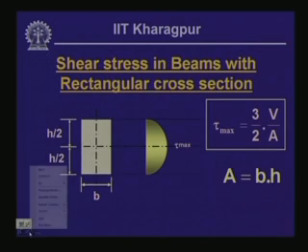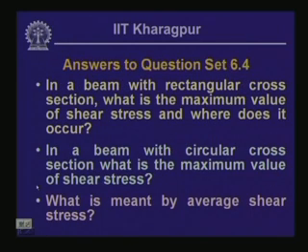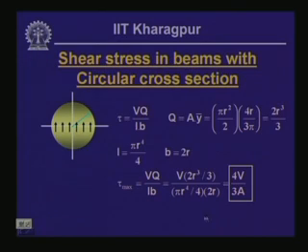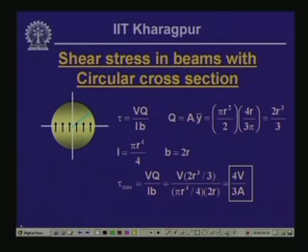Now, the next question posed was that in a beam with circular cross section, what is the maximum value of shear stress? This aspect also we have discussed in the last lesson, wherein we have said that we cannot use this tau equals V q by I b for the entire cross section of the circular member. However, we can apply it at the neutral axis, wherein the stress distribution is parallel to the y axis, and thereby we can apply this expression V q by I b,